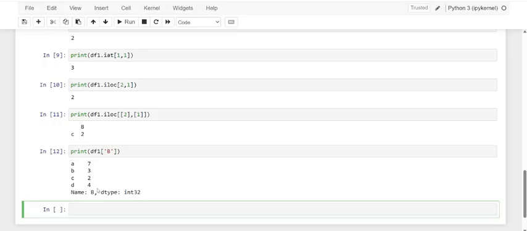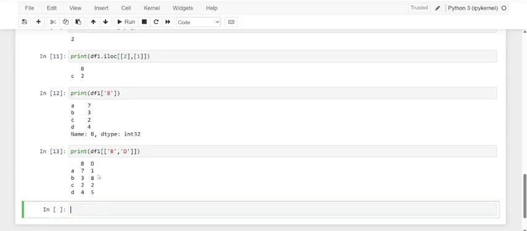Instead, if you pass a list of strings within the operator, these will be considered the columns to be selected. And kindly just note it, they are not adjacent. So here I go with data frame 1, and kindly see how I am providing B comma D. See here, it is not necessarily adjacent. So whichever columns you want, you can just select them.